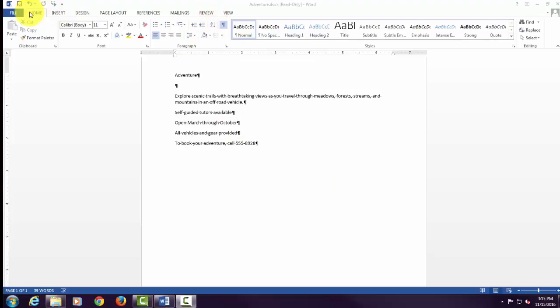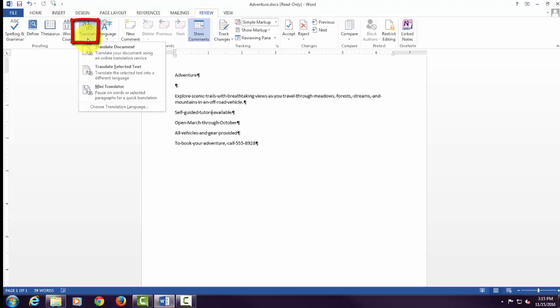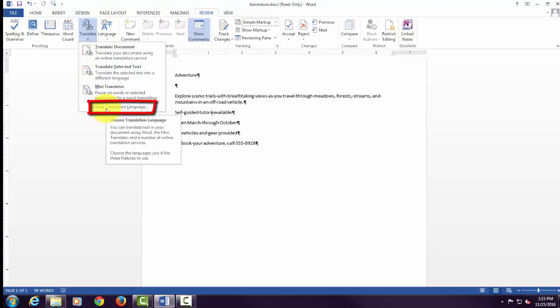So, the first thing is I am going to go to my Review tab and click on Review. And under Language, I can go to the Translate button. And you see that drop down? If I click on it, the first thing I have to do is choose a translation language. So if I click on choose translation language,